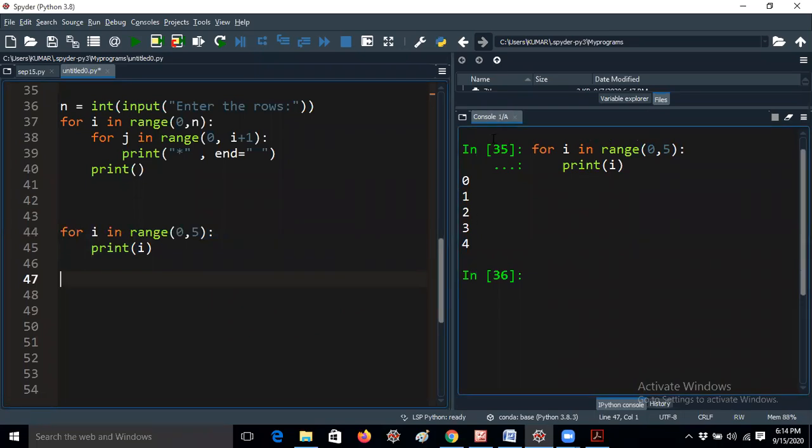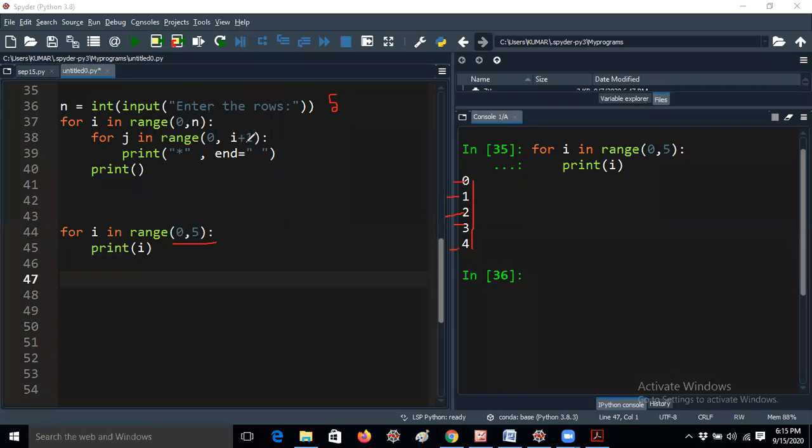If you give 0 comma 5, it will print 0 to 4 only. First, you should understand this. In the same way, whenever you take 5 rows here, it will take 0 to 5 but print 5 lines. That's the reason you get 5 stars: 5 lines, 5 stars. That's why I am taking 0 comma n here.